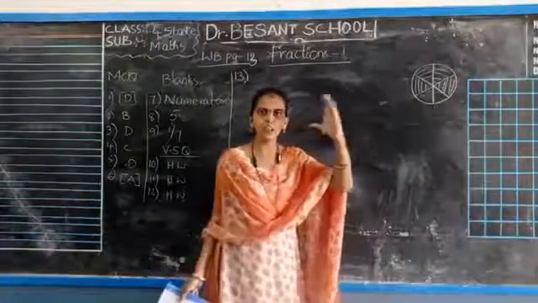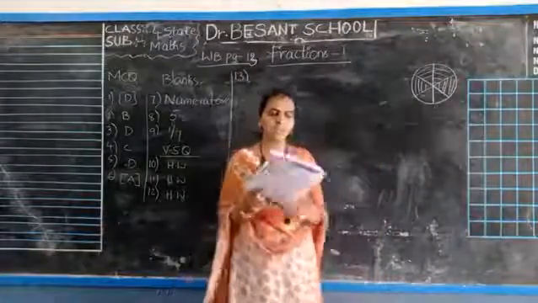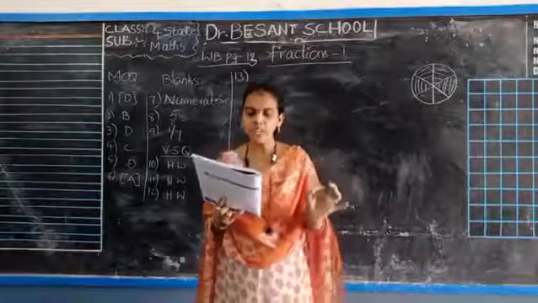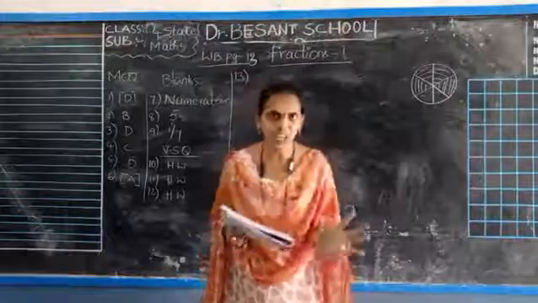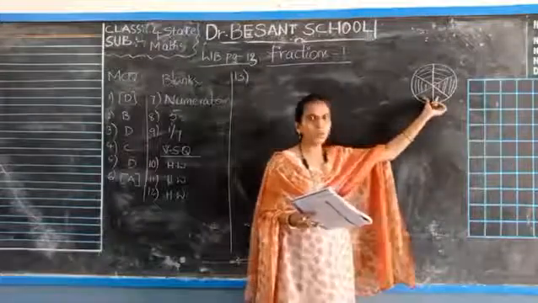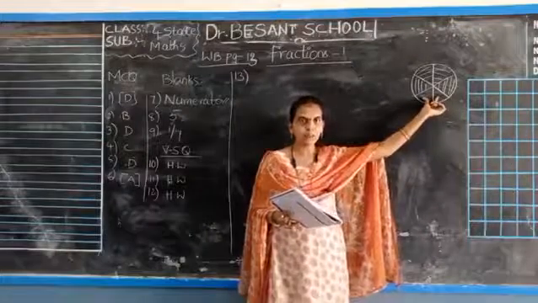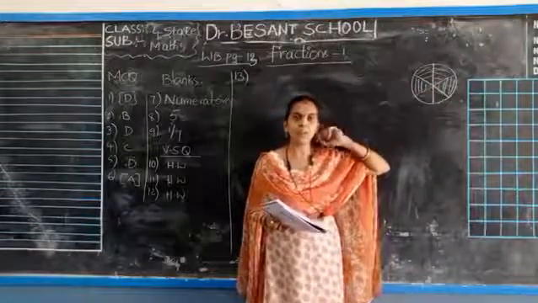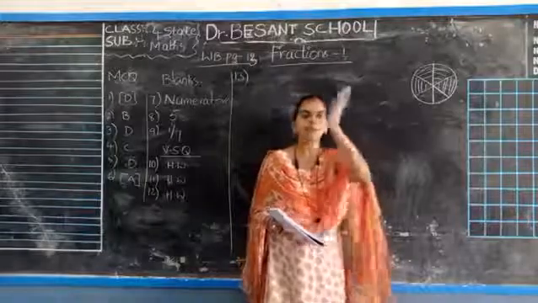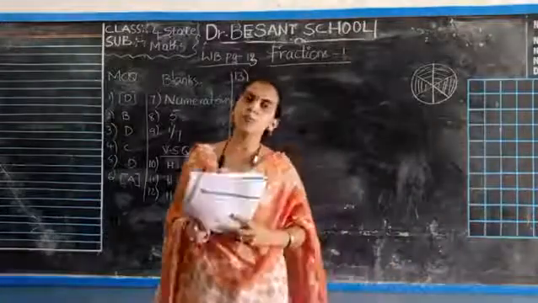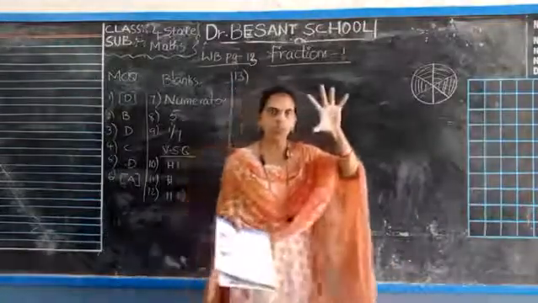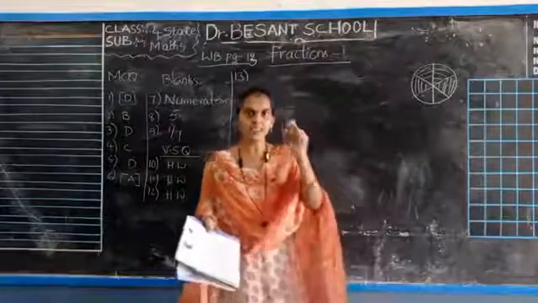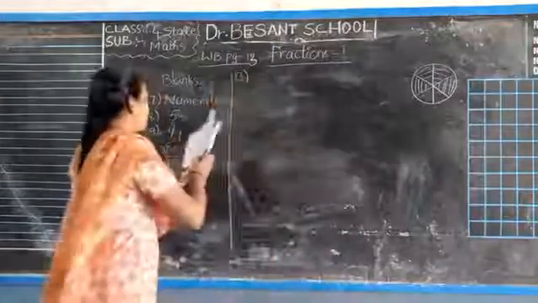By seeing the picture you are saying this, but one condition he has given. Read the question further. Then find the fraction of the unshaded parts using subtraction. Simply on seeing the picture, we are saying that 2 by 6 is the unshaded part fraction. But he is asking us to use the subtraction method. How to do that? From the total, if we subtract the shaded part, we will get the unshaded part. Yes, that is the step we are going to do now in this working part.